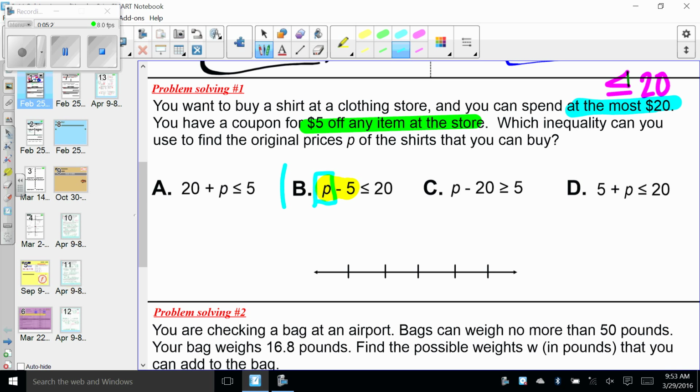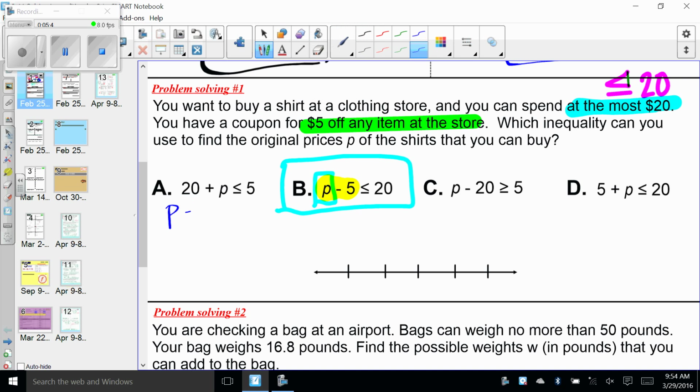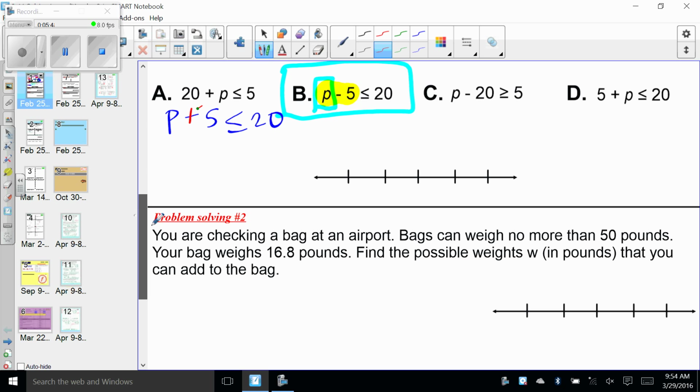So you should be looking at B here. Everybody take a look at B. The price, take away your $5 coupon, has to be less than or equal to $20. B should be your option. So let's go ahead and solve that inequality then. As we start to solve, P minus 5, the $5 coupon, is less than or equal to $20. Hand method kicks in here. To solve, we're going to add 5, copy, paste. Working left to right then, we have P. Those 5's cancel, less than or equal to